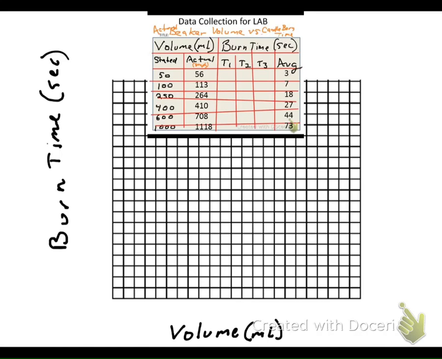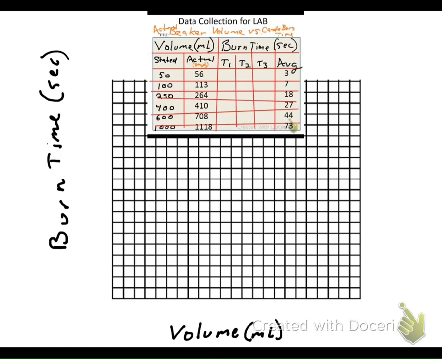Alright, this will show you how to graph the data for the candle burning lab. I set up a few things already for you. For example, I put volume down here and burn time over here. Depending on when in the year we do this lab, you'll either know or not know exactly where to put